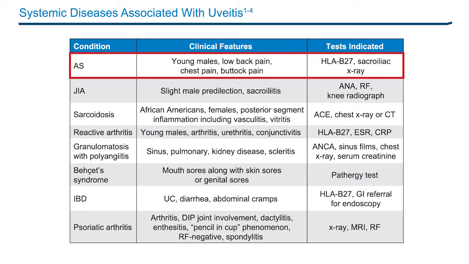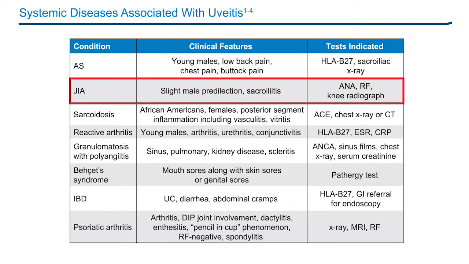As Elizabeth demonstrated with juvenile idiopathic arthritis, or JIA, although there's a slight male predilection, it also occurs in females. Sacroiliitis can occur, hence the name JIA instead of JRA, and they can have a positive ANA, they can have a negative ANA, they can have a positive or negative rheumatoid factor as well. It's important that children, especially those who present with arthritis or joint pain, are screened at least for uveitis,